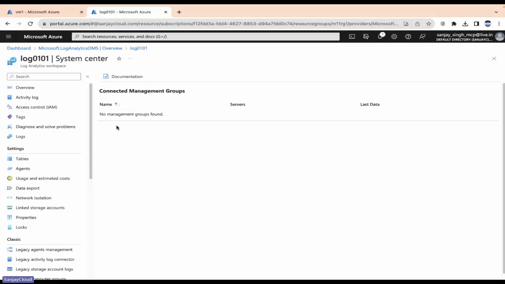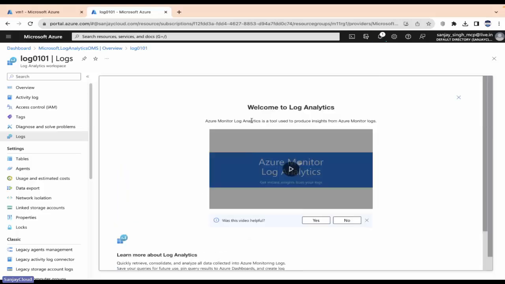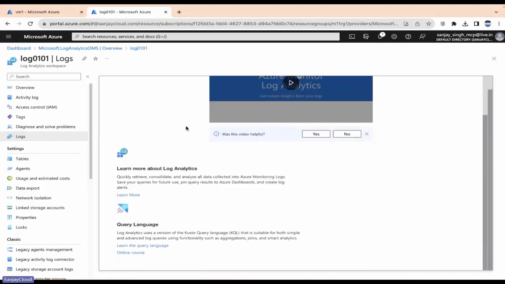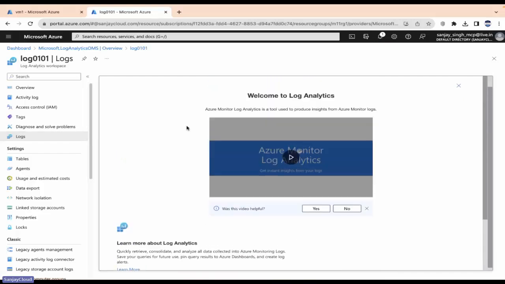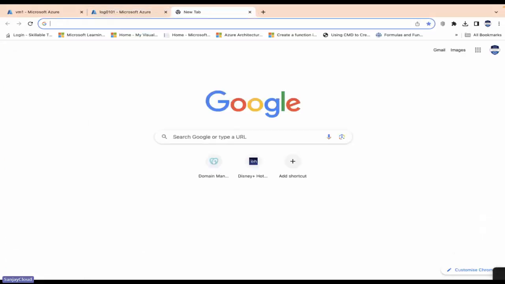Connecting, ingesting log and querying log will take lots of time. From where you will query your log, on the left hand side you will get this Logs tab, where you will execute your query. But you should have data, then you would be able to query your log. But right now we do not have any data. So how will we test? What we will do, we'll go to our browser tab